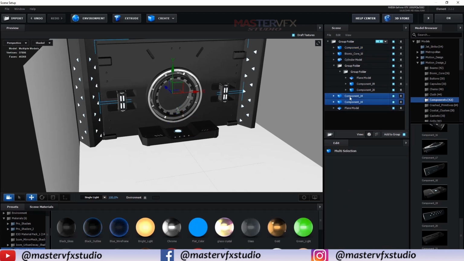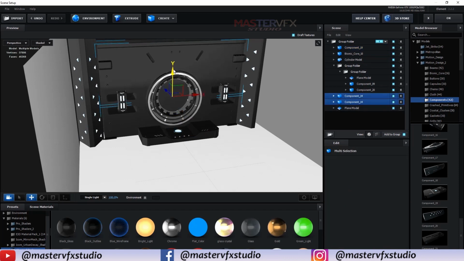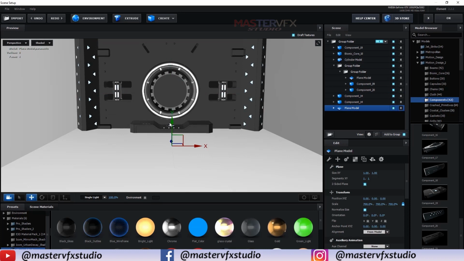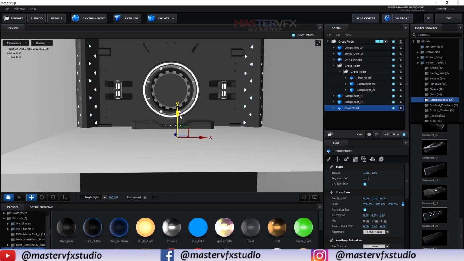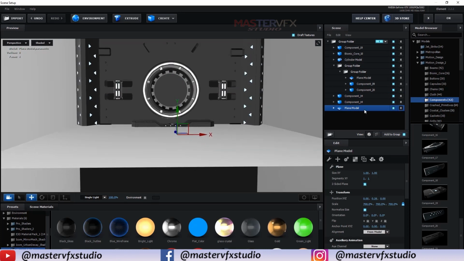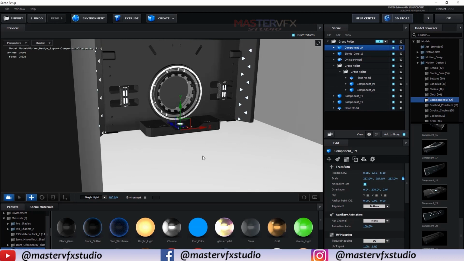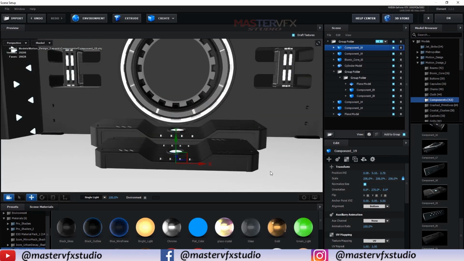Select these two components and, one minute. Select this plane and just put it above and make this component also, okay, and just duplicate it by pressing Alt and scale it down.